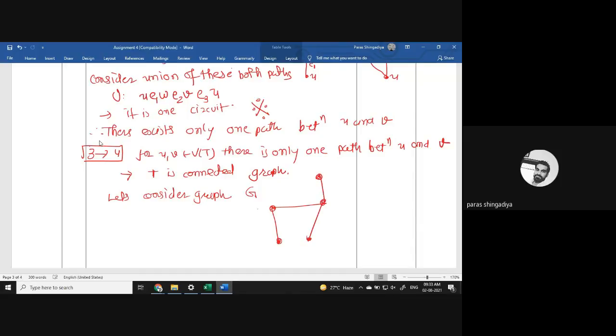That is a graph G. Now let us mention the notation A, B, C, D, and E. Any graph which contains exactly one path between any two vertices, only one path between any two vertices. So how many edges are required to define such a type of graph?